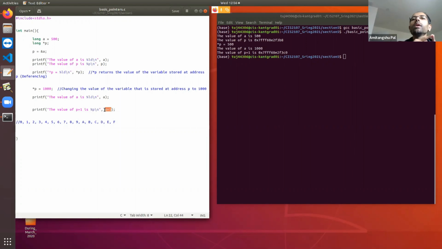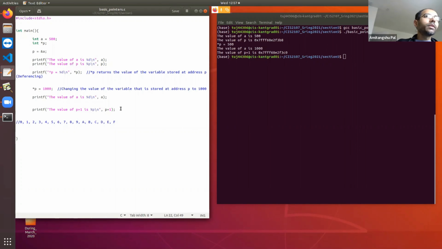It will be incremented by the amount of bytes taken by the variable it is pointing to. In case of character, it will be incremented by 1 because a character takes 1 byte. In case of short, it will be incremented by 2.